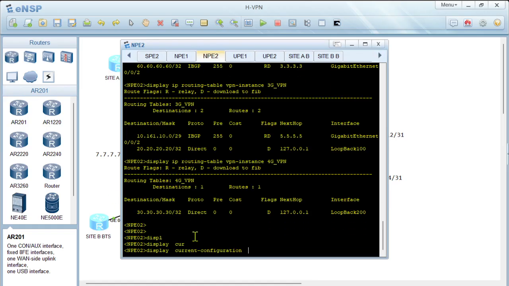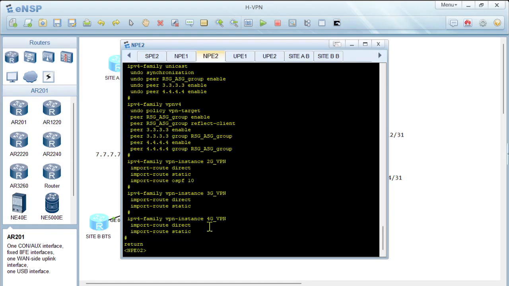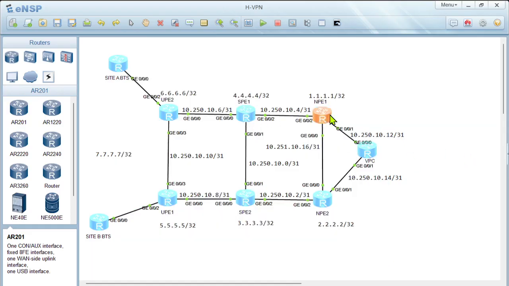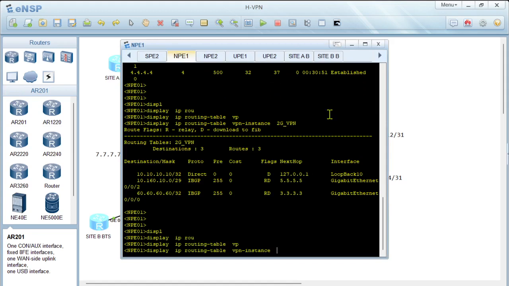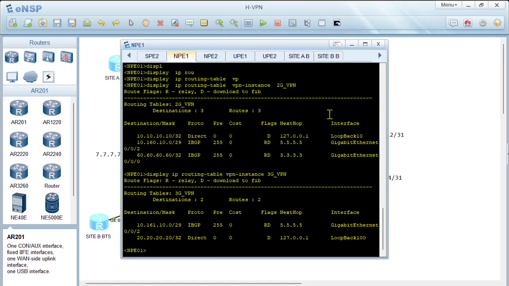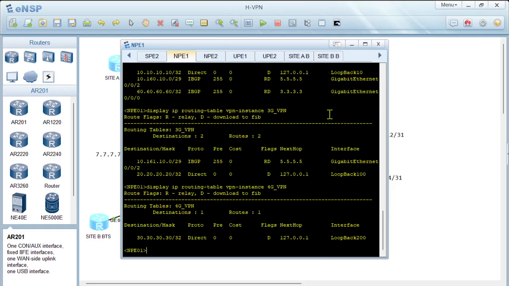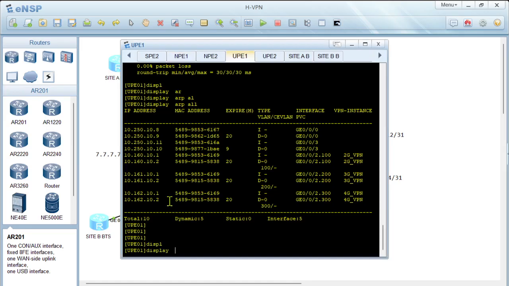Display current-configuration BGP. Have import. Let me check on NPE1, display ip routing-table vpn-instance 2G VPN. We have the routes for 3G. We have the route. Then for 2G, we don't have any route. I doubt whether it's configured here. Display